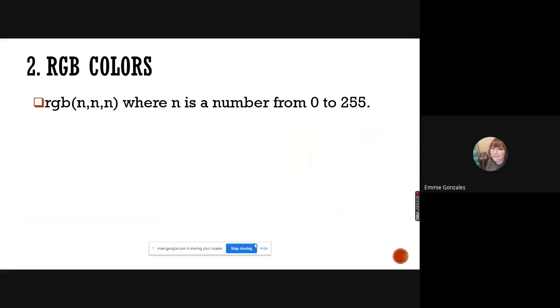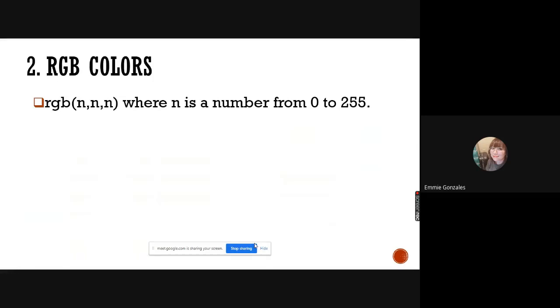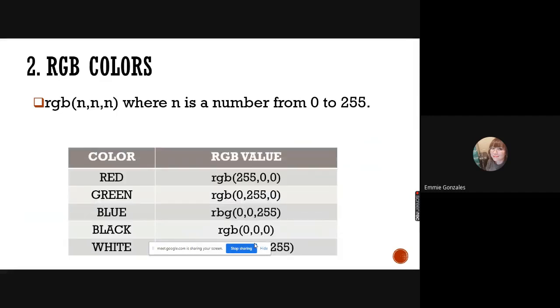So the 0 here is the lightest color while 255 is the darkest color. For example, you need to use the red. So ang sabi niya, red lang, so 255, while green and blue is 0, 0. So I already